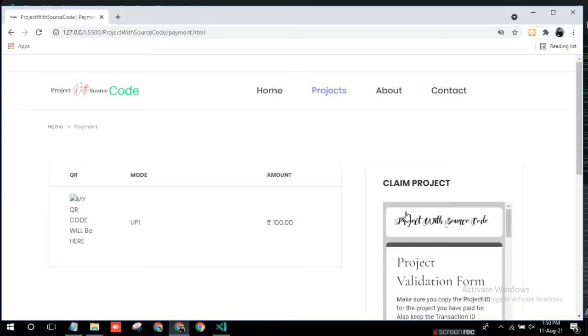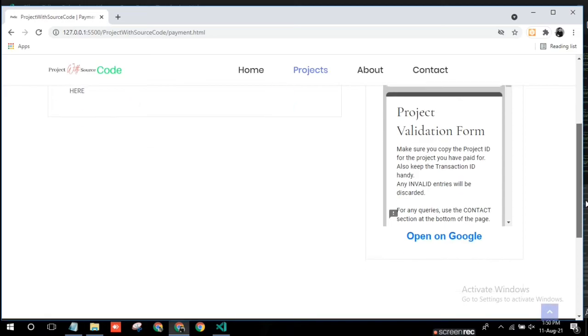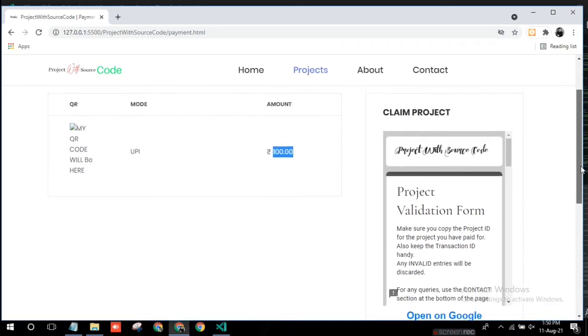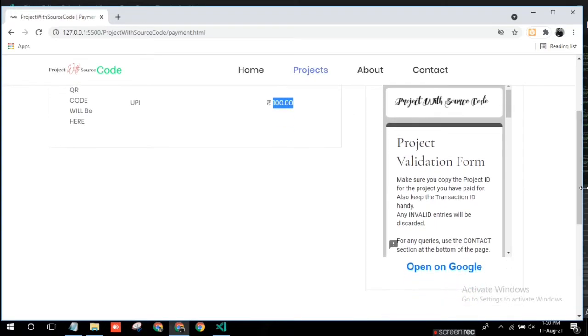After opening the buy payment option, you will see my payment bar code where you can pay the money, along with the UPI ID and the amount of the project. After finishing the payment, you have to fill in that form.